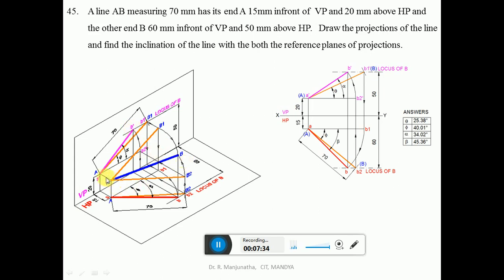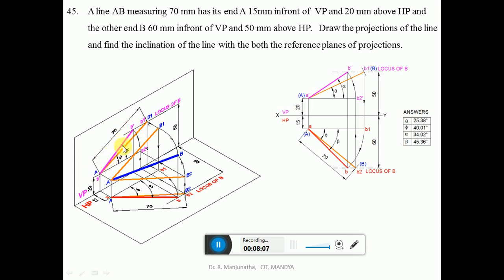So here we have projected the point A and here we projected the point B. So this will become B dash and this will become A dash. Then dot this line A dash B dash. But while doing so, what happens? The path traced by the point B2, which is B2 dash, is here, with A dash as center. By taking the radius of A dash B2 dash, you draw an arc so that it will cut the locus of B in the front view here. So this will be the point B dash, then join A dash B dash with a dark line.